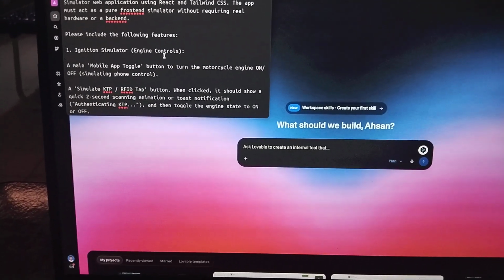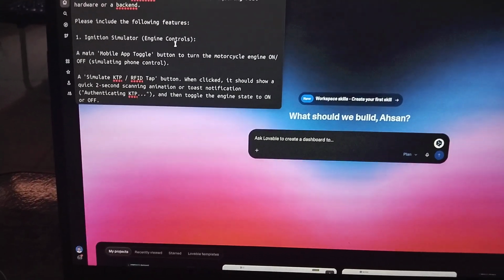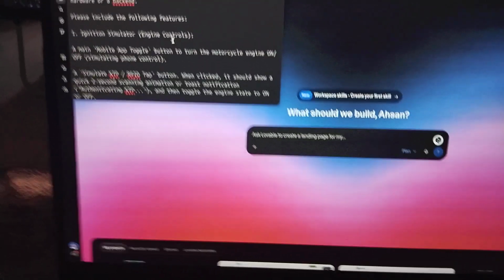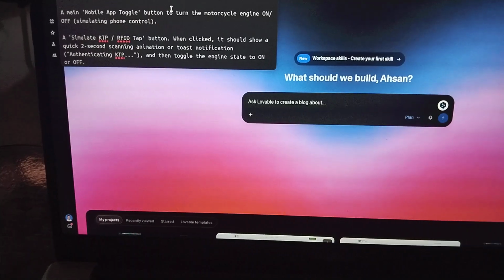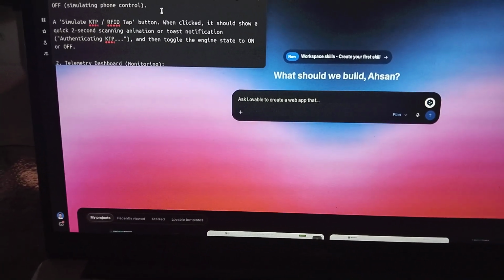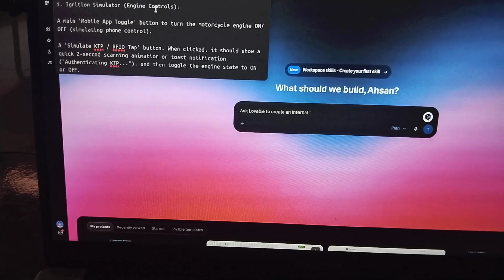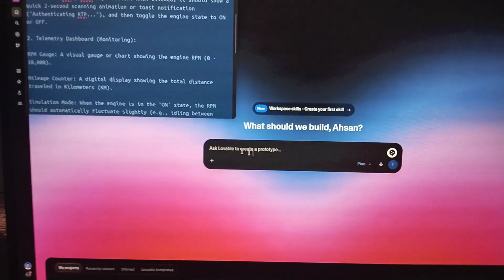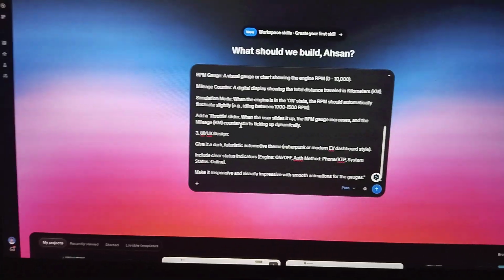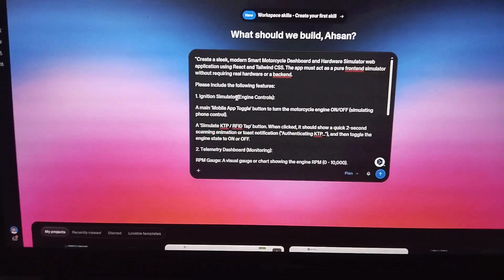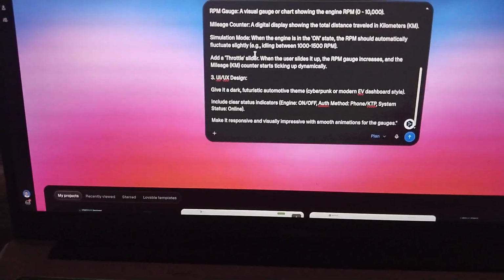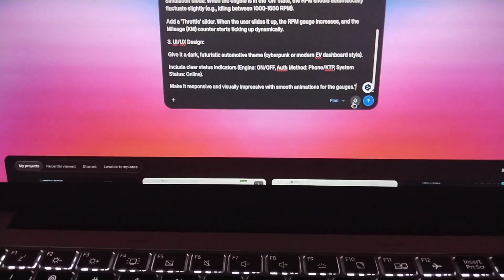I asked it to make a structure for my prompt, so Lovable can understand it well. Okay, Ctrl A and Ctrl C, and run.